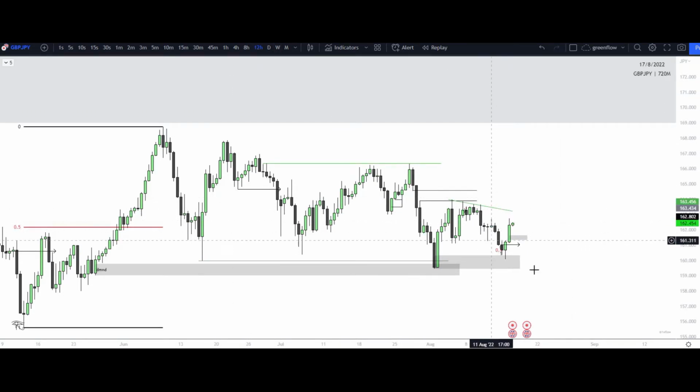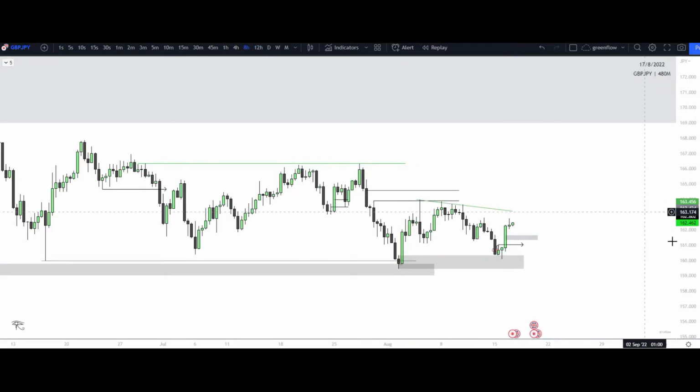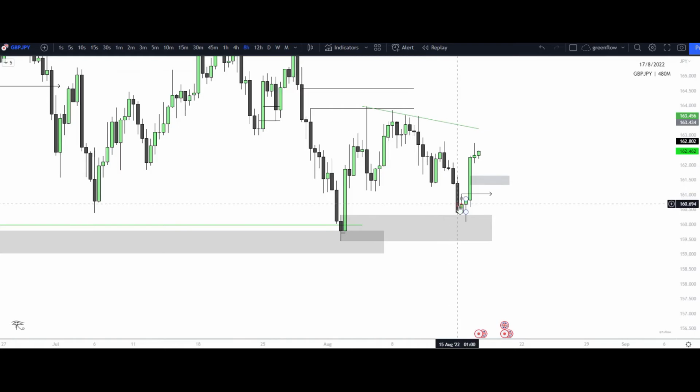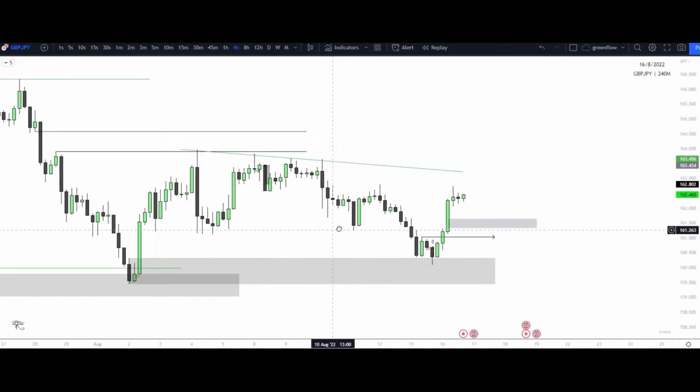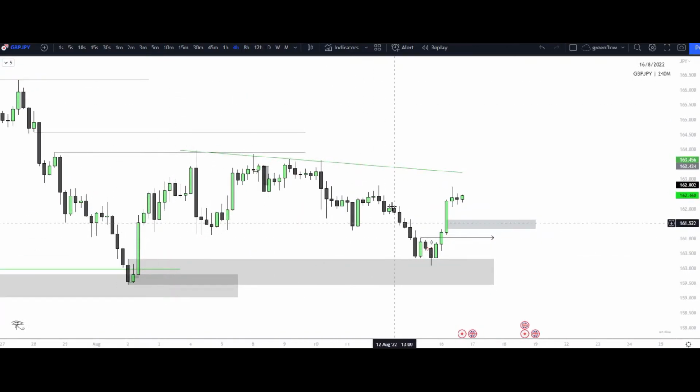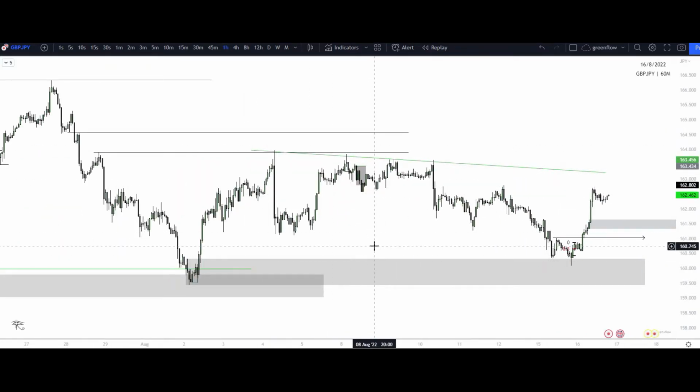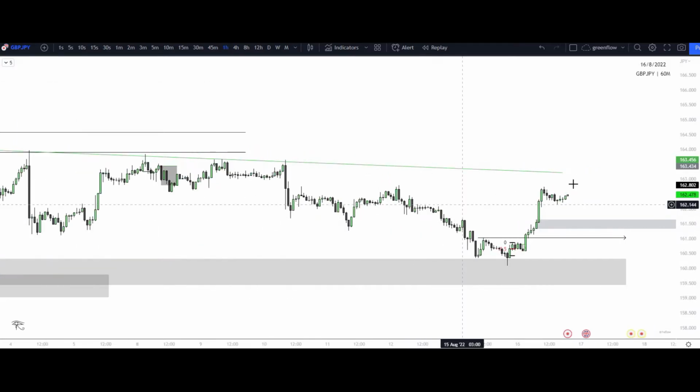So 12-hour broke upside. We saw the daily has yet to break upside. Let's go down to the 8-hour, understand where that was introduced, and then let's talk about the trade that was within here as well. So the 8-hour, we saw again that longs purged, took out the lows, and then we mitigated that institutional candle. Now we're continuing to the upside. So let's go down to the 4. Again, raided lows, put in a high, put in a low, broke structure to the upside, and now we're starting to move to the upside. Let's go to the 1-hour and talk about the price action within here, how this trade could have been caught, and how you could have looked to possibly take this.